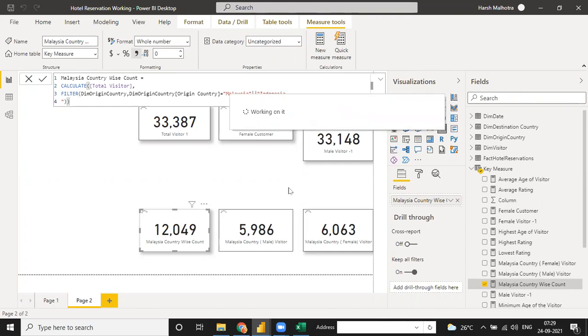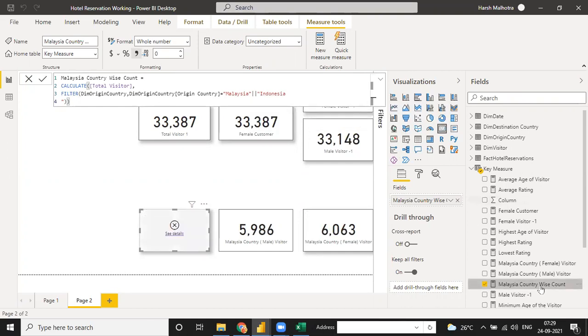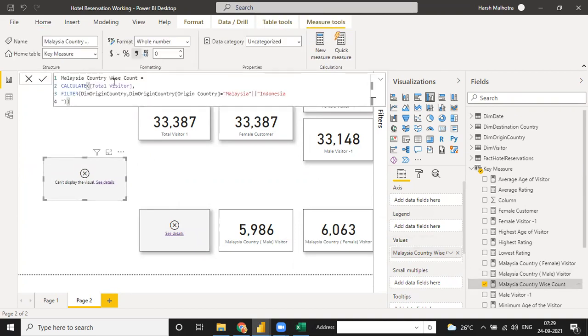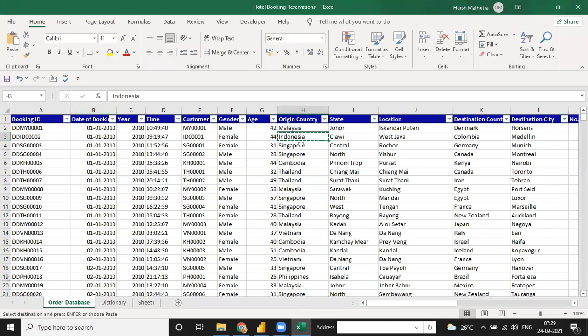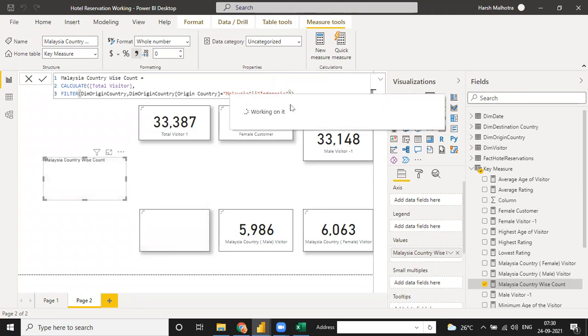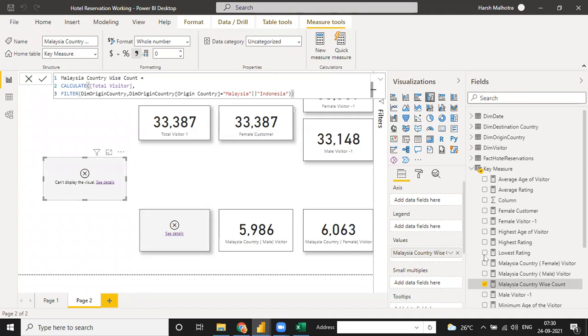It means when you count the total of the customer, now you have to use this customer. Indonesia. I think the spelling is wrong. That is the reason. Indonesia spelling. Calculate inversion.